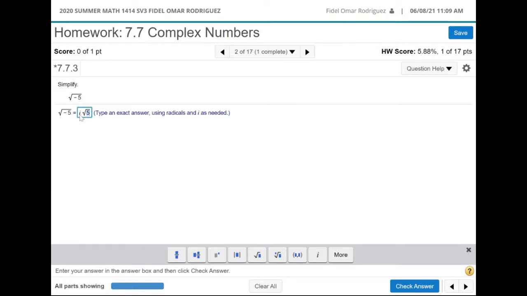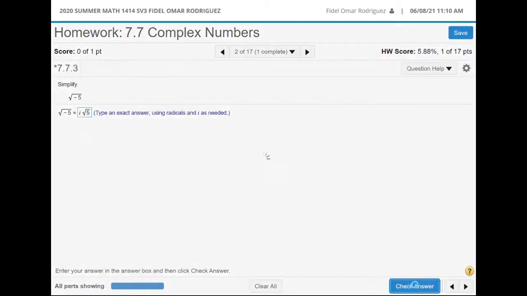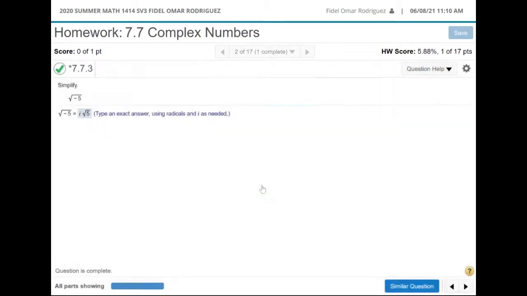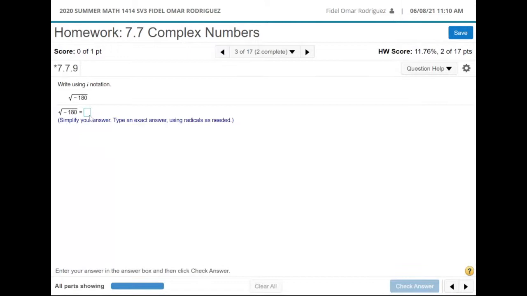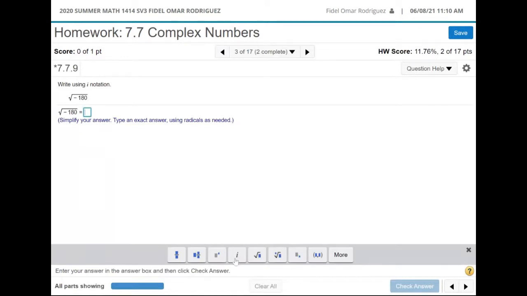I want you to notice I left my i in front. I don't want the i to be inside the square root. Remember, the i is really coming outside the square root, so that's why I put the i first. I'm going to check my answer. Awesome. On this one here, we know we're going to have an i, so I'm going to put that there.